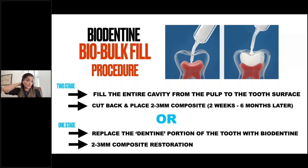So we can do this in 2 stages. I would say the two-stage procedure is the easiest way to use Biodentine. And if you don't mind treating that patient over 2 visits, then this is probably the easiest way to do it. So the first thing you do is fill the entire cavity from pulp to tooth surface with Biodentine,